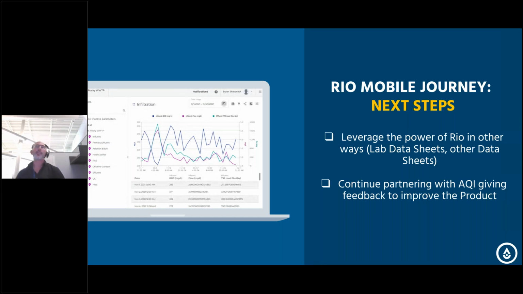Just the last thing on this, I'd like to shout out to AQI, because it's not always that a software vendor is very responsive, I'll say. In the early days of this rollout, when we were having some growing pains getting the user adoption up, there was a lot of collaboration going on with the AQI product dev team. They have their product idea channel, and there were some really key changes that got turned around in relatively short order to help us with this. So we look forward to continuing that partnership.